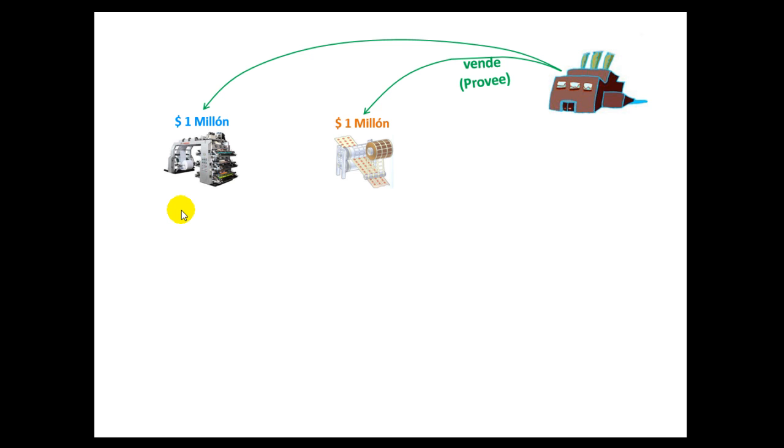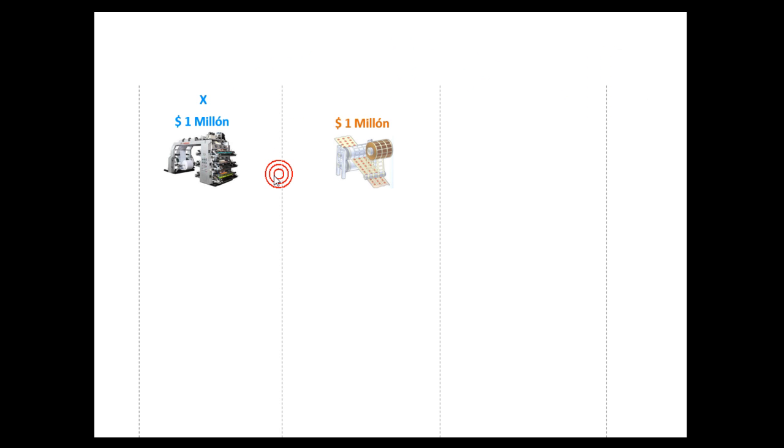Hello, in this video we are going to see a very brief introduction to decision making with linear programming. The basic idea of linear programming is that if you have, for example, a company that sells two products, in this case printers and cutters, and this is the price that you sell,